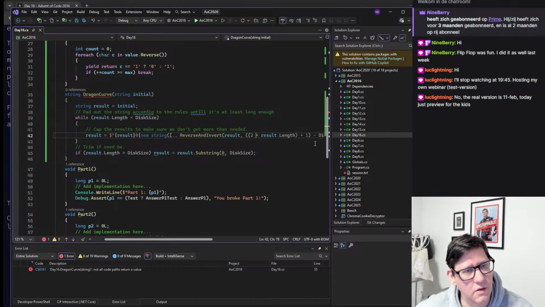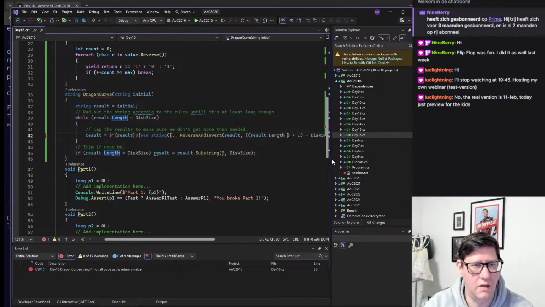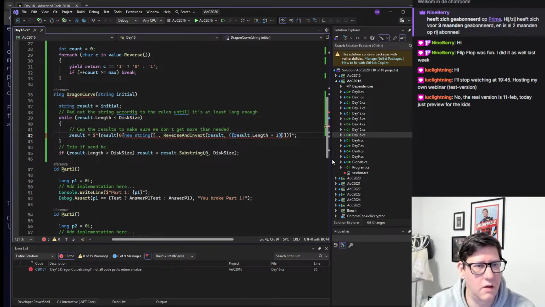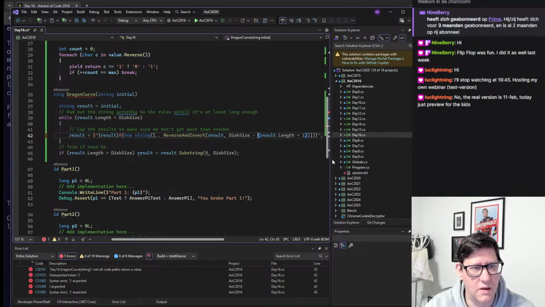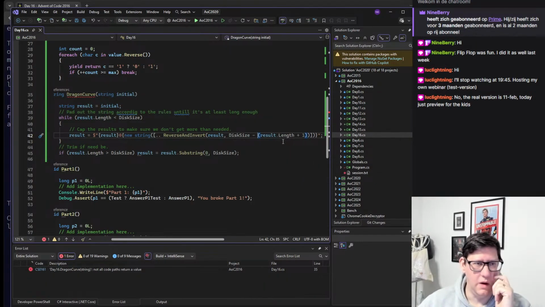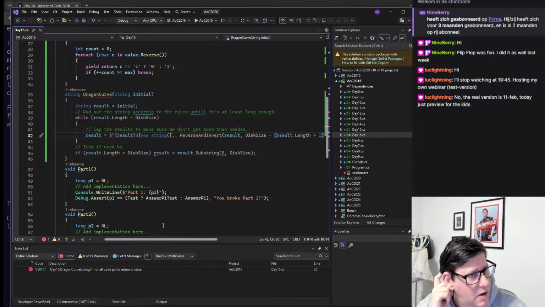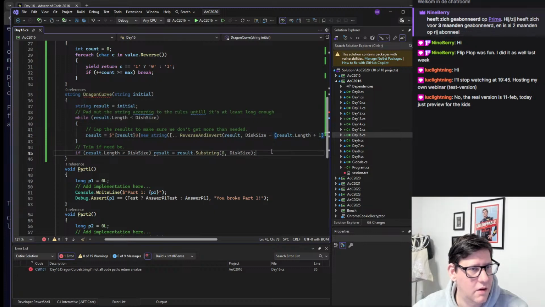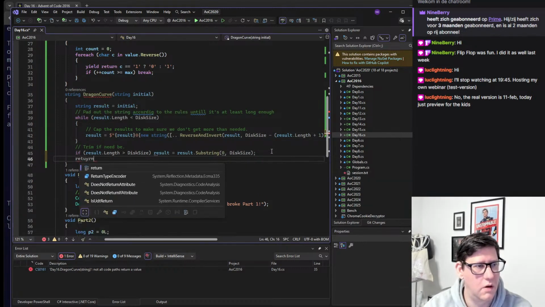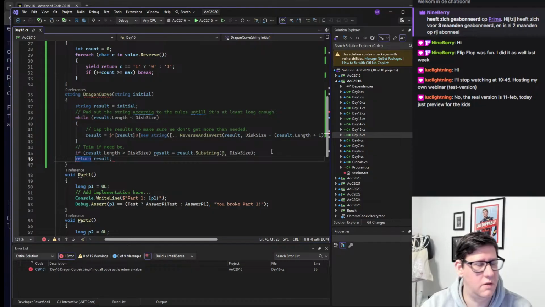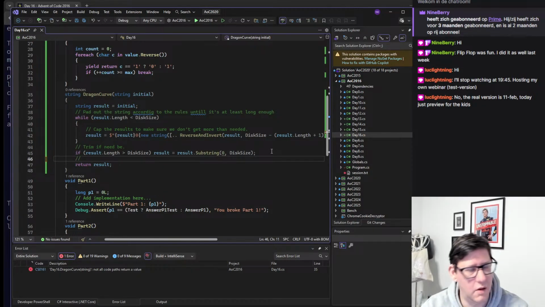No, actually this isn't correct, because what we need is this plus 1. So we need disk size minus this. So this is the space that we have left to fill. Almost messed that up there, so that's good. So this is the padding. Let's do return result. And now we need to do